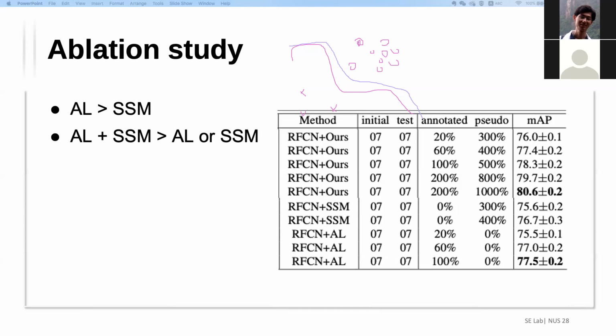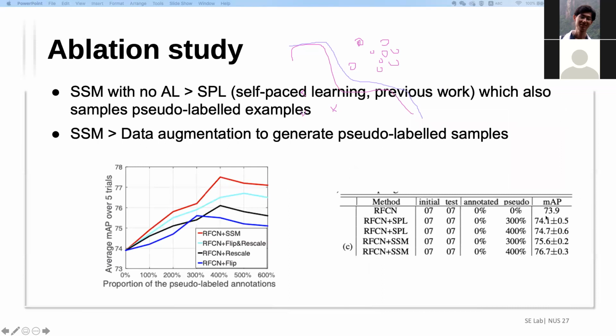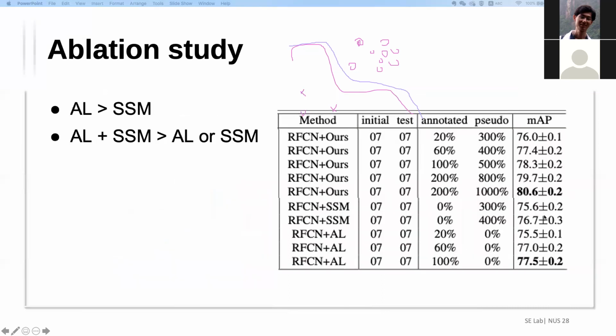Only pseudo-label. And is there any baseline for what if we get nothing? Oh, it's 73.9. 73.9. Okay, let's go back here. So if we only do